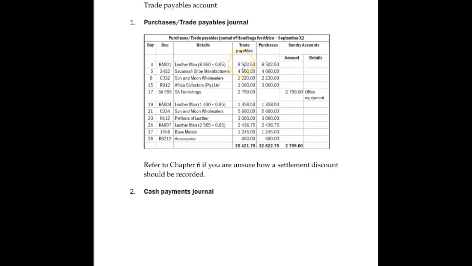So if you make, let's say, a purchase on credit, you bought supplies for 100 Rand. You'll put the day. Now, the document is sometimes not needed, right? In the details, you must write down the name of the supplier. And then in this column, you have to put the total amount here, always. So let's say I bought for 100 Rand on credit, I put my 100 Rand.